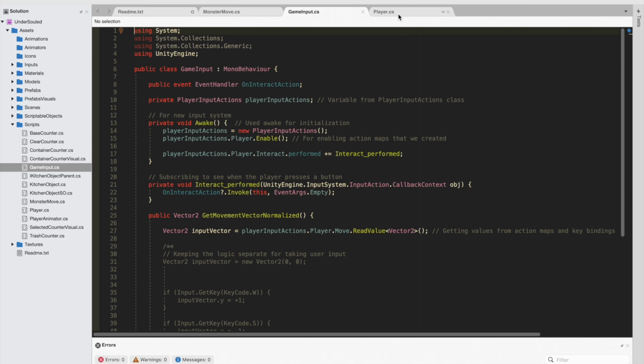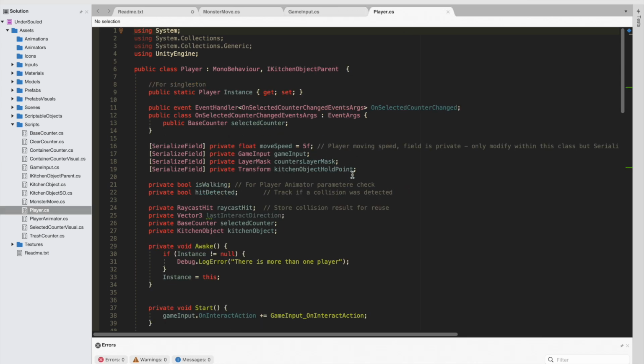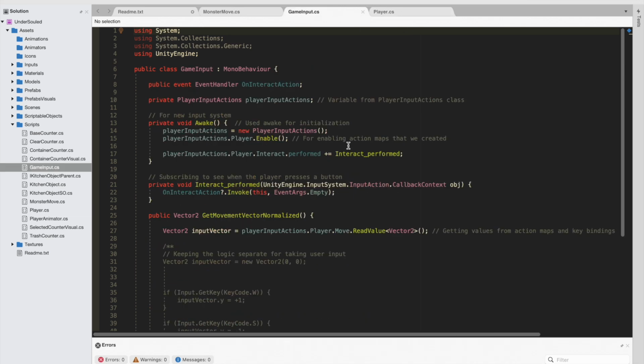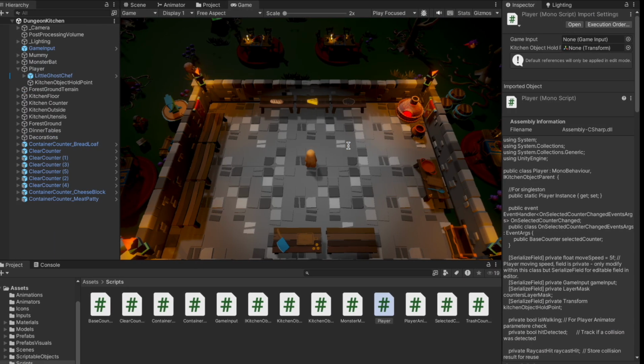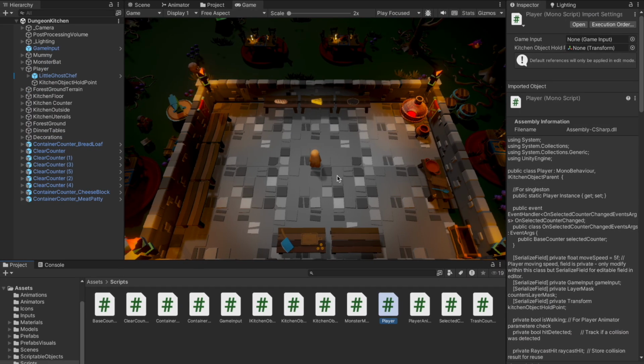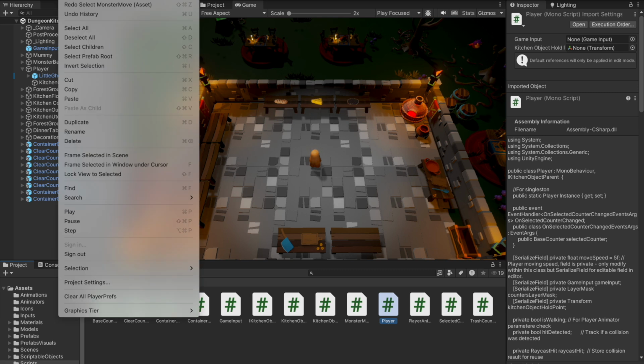Okay, so before we actually talk about the player script, I want to talk about the game input first. How I went ahead with the game input was basically I wanted to explore a new input system that I learned from one of the tutorials I was following on YouTube. You can do that by installing the new input system from the package manager, and then you can explore that here. If you go under your project settings in edit,